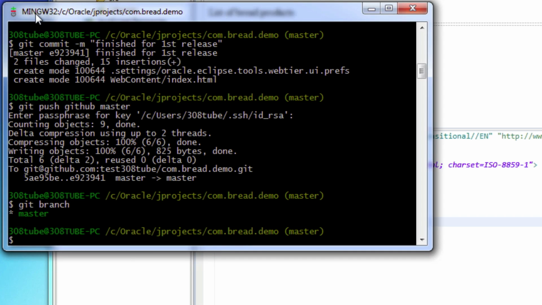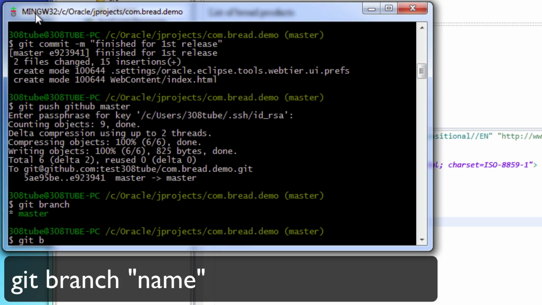As you can see, there's only the master branch that exists because I have not created any new branches. So let's go ahead and create a brand new branch. I'm going to name my branch r2 release 2, and I'm going to say index, because that's the file